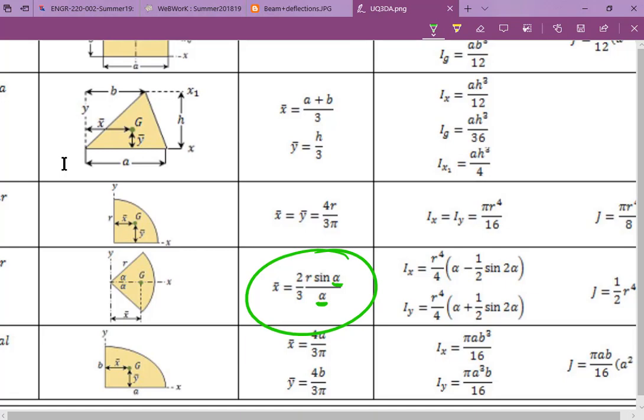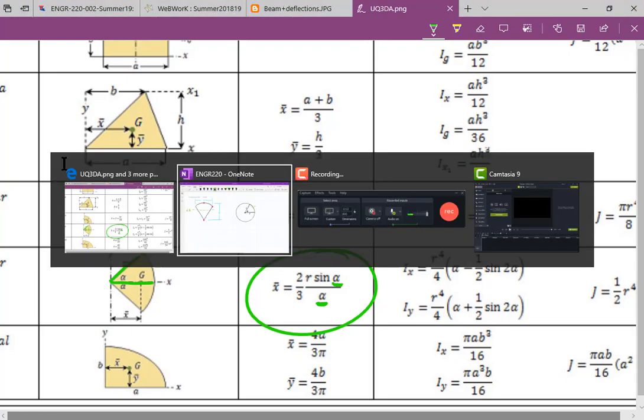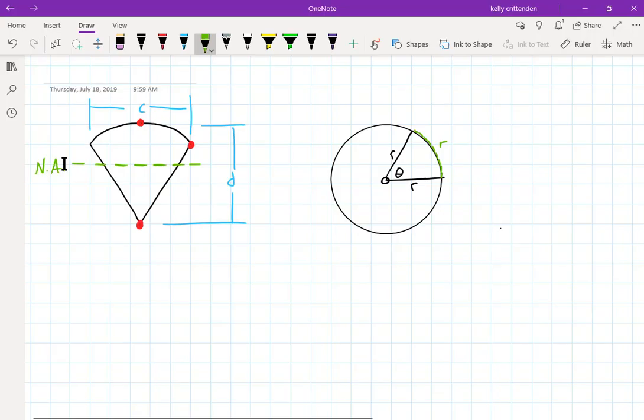Also, in this particular one, be sure that you look at your picture and say that the angle they're talking about is really half of the sector's angle, right? Alpha is half of the total wedge here. But you're not given that. You're given C and D. So you have to go in here and